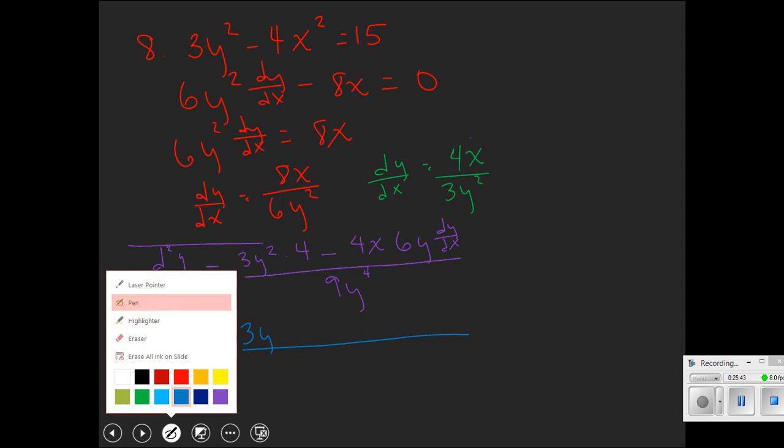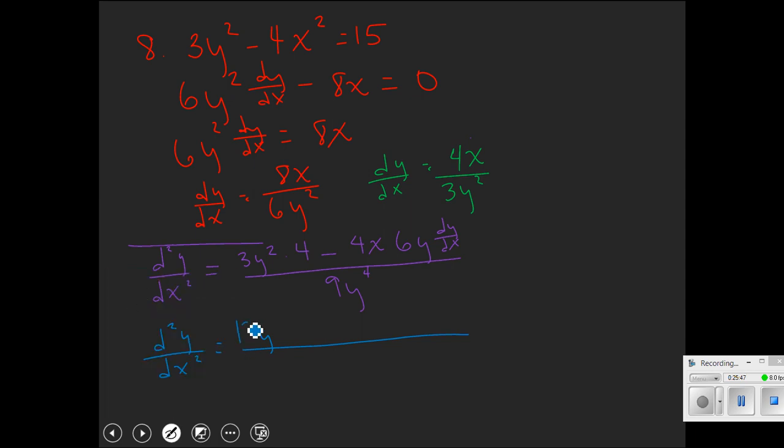Let me just write 12. So 12y squared minus, that's going to be 24xy, and then dy/dx, like I said, is 4x over 3y squared, and that's all over 9y to the 4th,